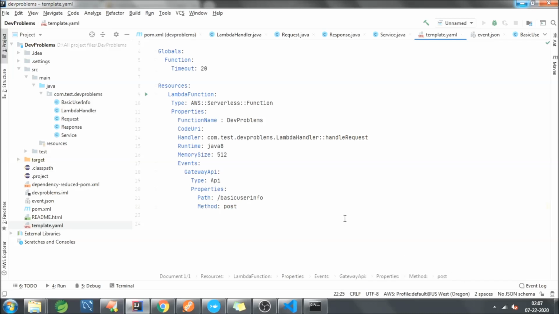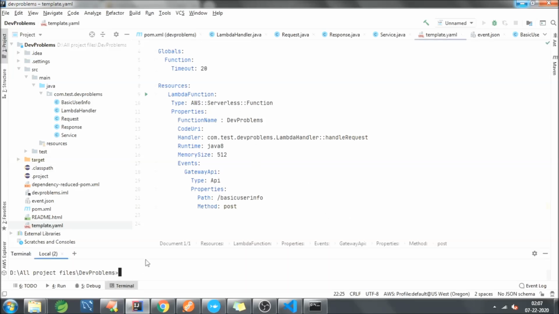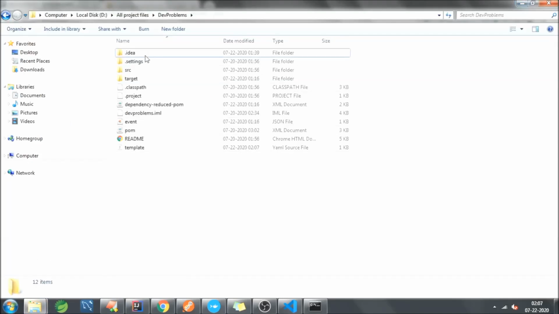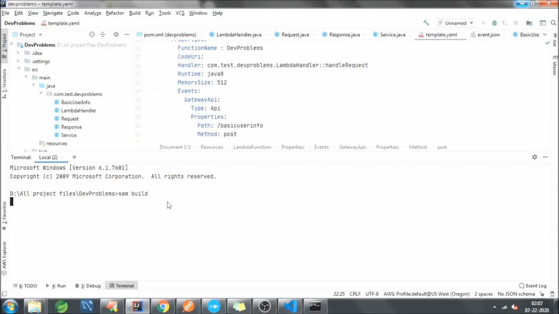Okay, so now before running any command, you need to go to your terminal, and the first command you need to run is SAM build. Okay, you need to run this command first, and afterwards if you will see there will be one folder AWS SAM after you run this command.